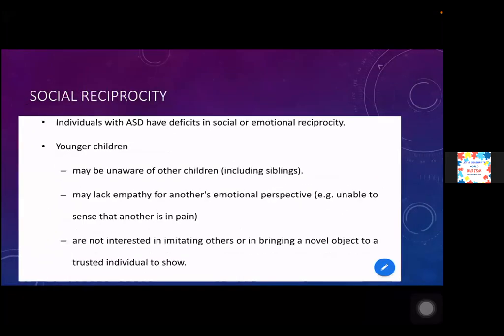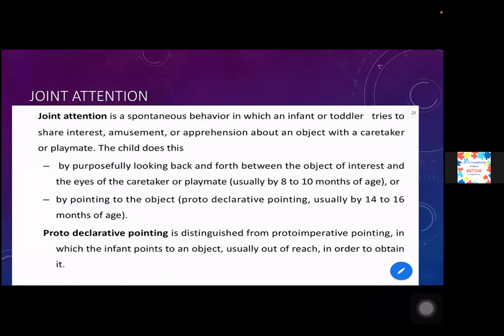Joint attention. So I think this point is clear. Coming to the second point, it is joint attention. Joint attention is a spontaneous behavior in which an infant or a toddler tries to share interest, amusement, or apprehension about an object, the caretaker, or a playmate. If a child and a parent are sitting together with a ball, playing a game, the child will look back and forth between the guardian and the toy, and there is eye contact which shuffles between the toy as well as the caretaker,